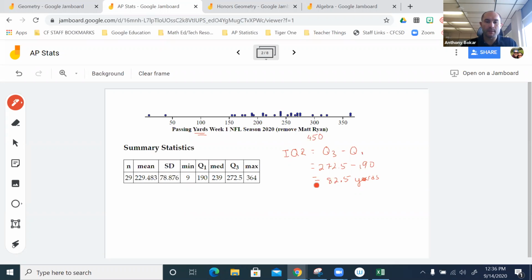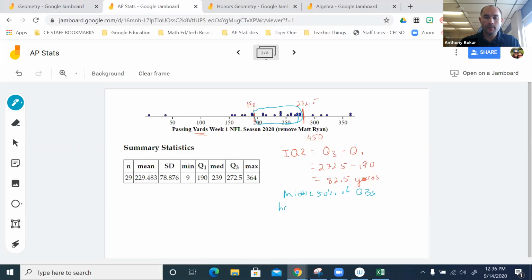Well, 272.5 is somewhere in here, 190 is somewhere in here. Okay, what is that saying? What this does is it tells you where the middle 50% of the quarterbacks fell and the range of that middle. It tells you what's typical. So what this means is that the middle 50% of quarterbacks